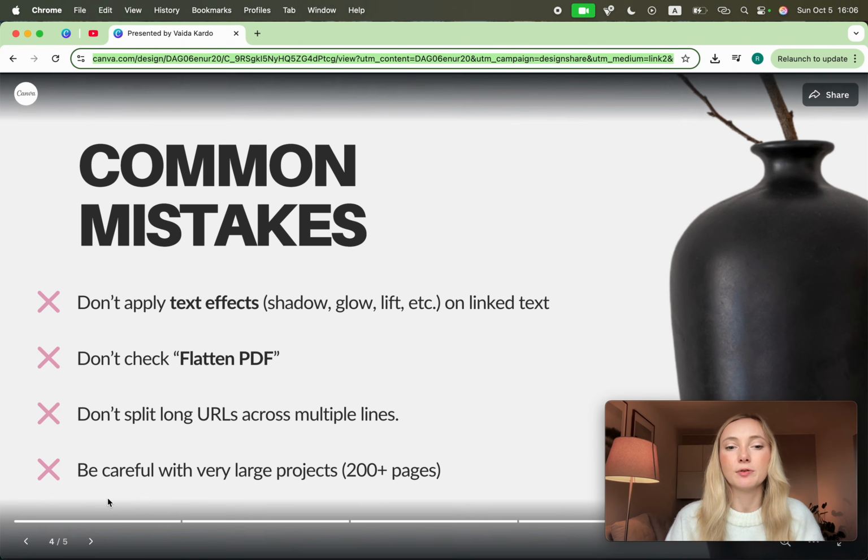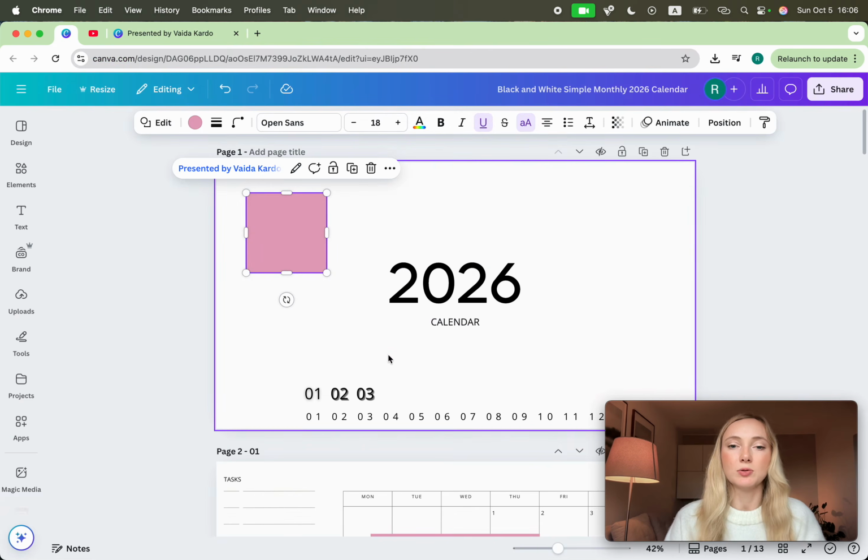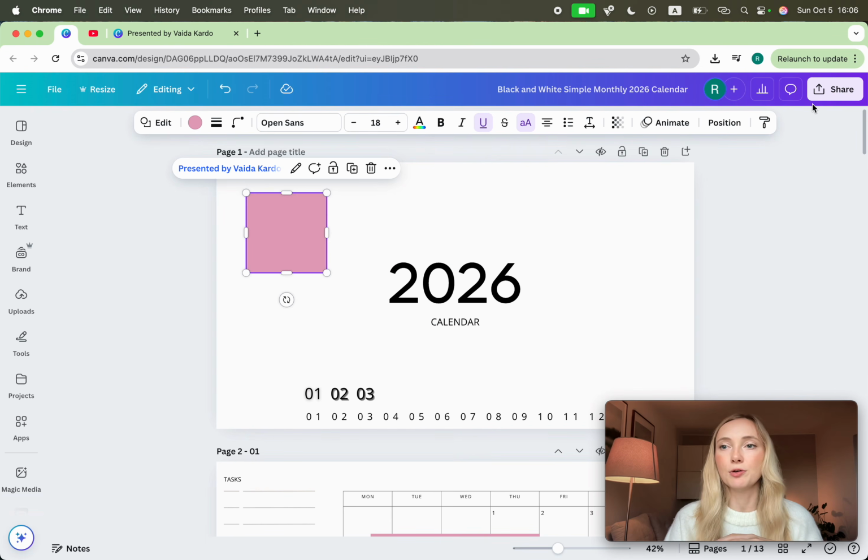Then be careful with very large projects. So here comes the issue. Even when you do everything right, sometimes I noticed with larger files, I also would not recommend to have more files than 200. Actually, Canva only allows 200, I think, but that's very frustrating with digital planners because you definitely need more files. So the workaround is, if this is not working, download your file, download it as a